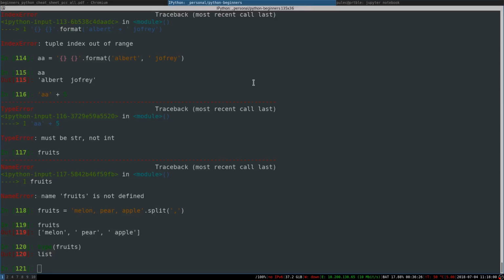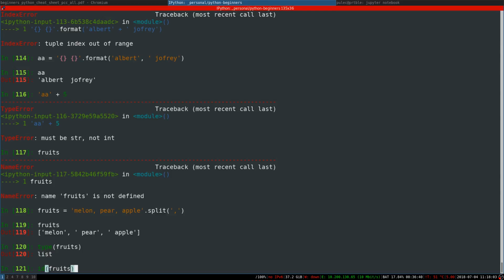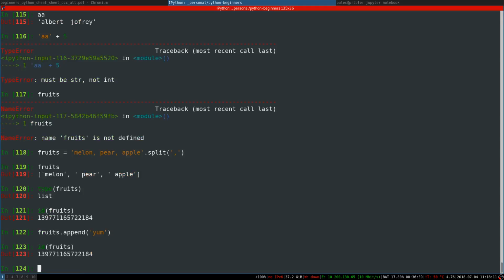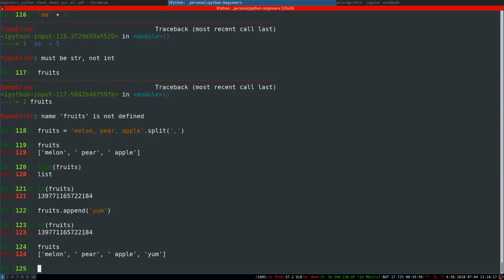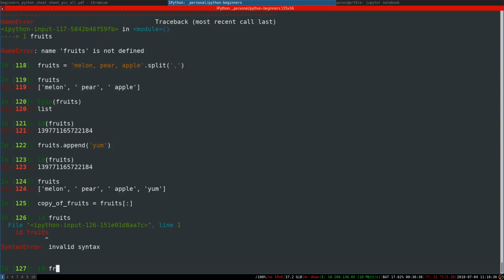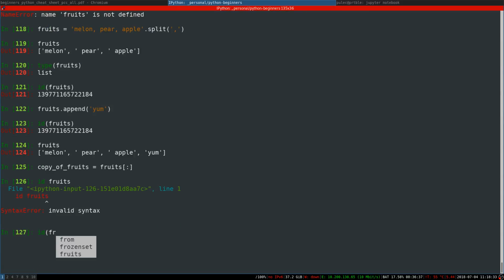See, and now the ID of it. So I can append things to it, so yum, and the ID is now different. Now it's same, sorry, but it has appended yum. Now I will do a copy of fruits, and it will be fruits dot copy. And now the IDs, sorry, it's a function. Fruits, and so it's same, and ID of a copy of fruits